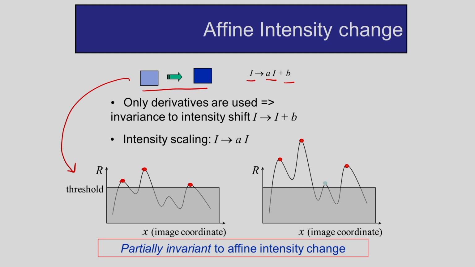In the second case, what I am considering is that the intensity is scaled. So the intensity is increased, and again I am applying the gradient operation. In this case also I can determine these points, the maximum point I can determine, but again you can see I am getting one false positive. So that is why I can say it is partially invariant to affine intensity change, that I want to explain in this concept.